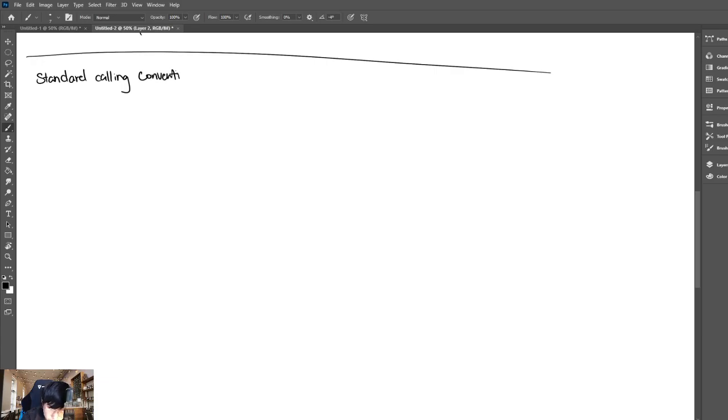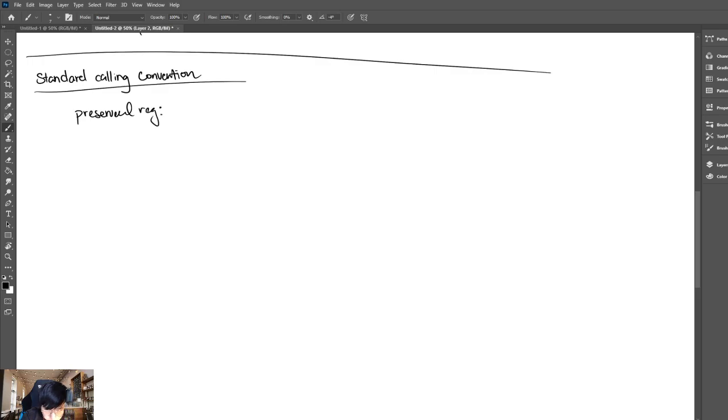If we follow this standard, then we're able to use code from different programming languages, different programmers, and so on and so forth with some uniformity. That way, everyone knows what arguments they're grabbing, how the functions run, etc. First thing we have to talk about with our standard calling convention is our preserved